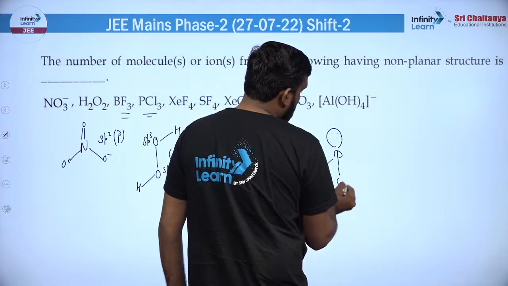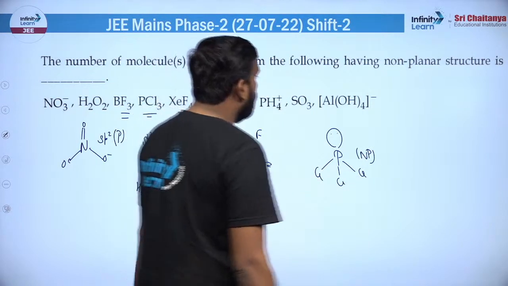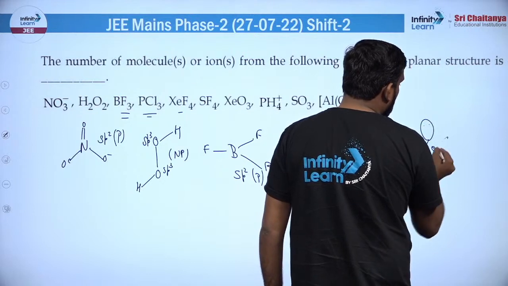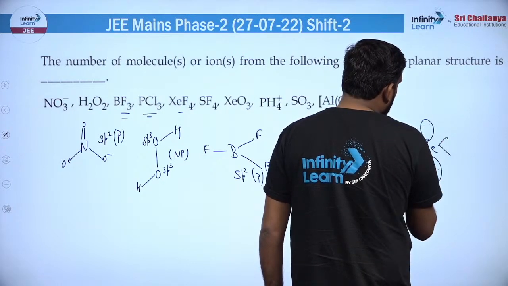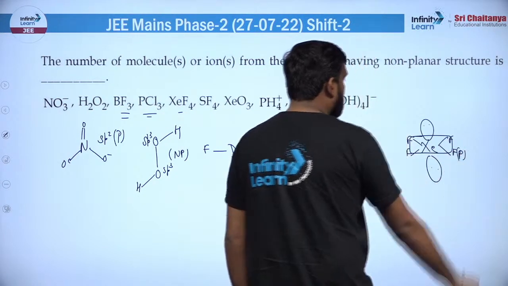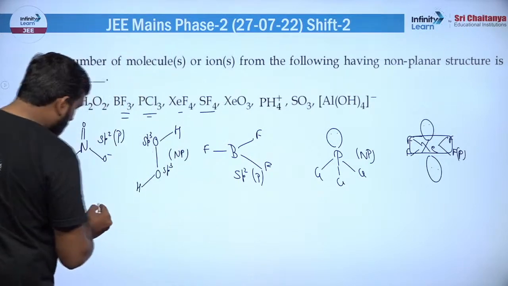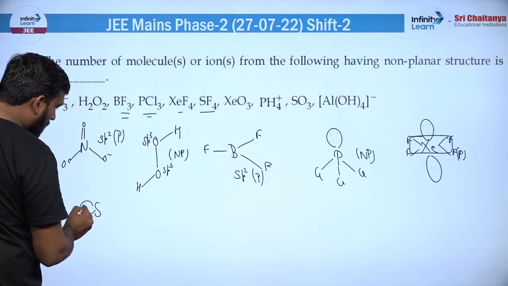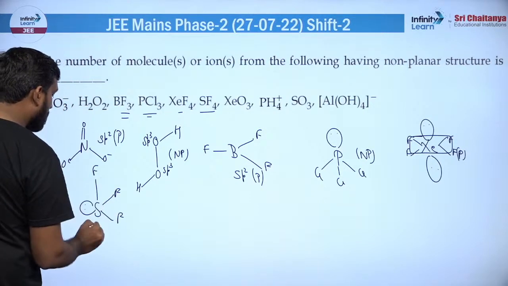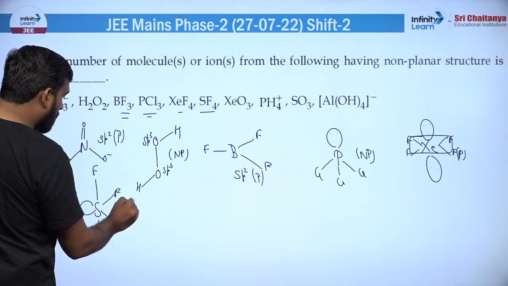फिर PCl3 की बात करें, इसका पिरामिडल शेप होता है, नॉन प्लेनर है ये। फिर XeF4 की बात करें, इसमें 2 लोन पेयर होंगे, एक ऊपर एक नीचे, और चारों बॉन्ड एक ही प्लेन में होंगे, स्क्वायर प्लेनर। तो ये प्लेनर ज्योमेट्री को रिप्रेजेंट करेगा। फिर SF4 की बात करते हैं। इधर लोन पेयर होगा, और चार फ्लोरीन होंगे। सीसॉ बोलते हैं इसको, और ये नॉन प्लेनर होता है एक्चुअली।